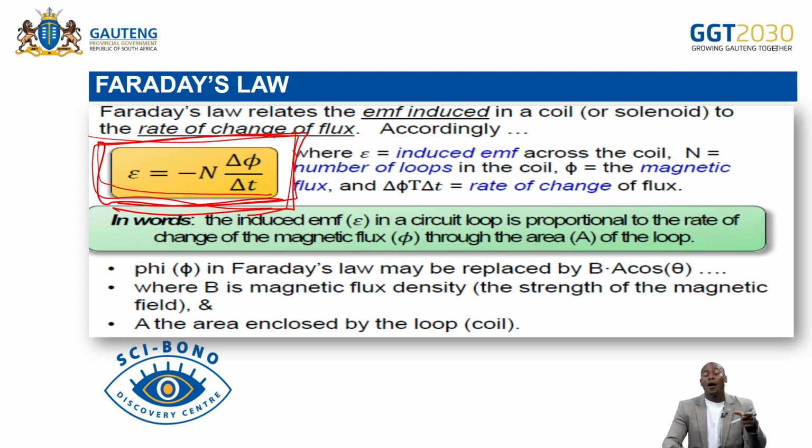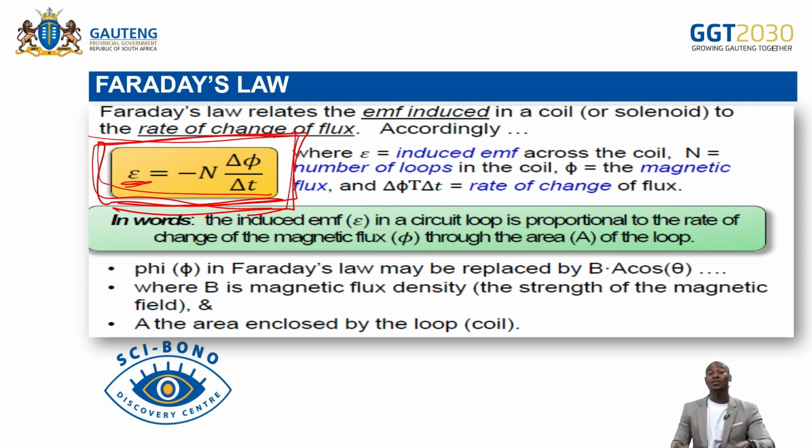But how is it induced? That is electromagnetic induction. So already we have talked about how it is induced and how we can calculate it. We can calculate it using the equation E equals negative N change in phi over change in t, where